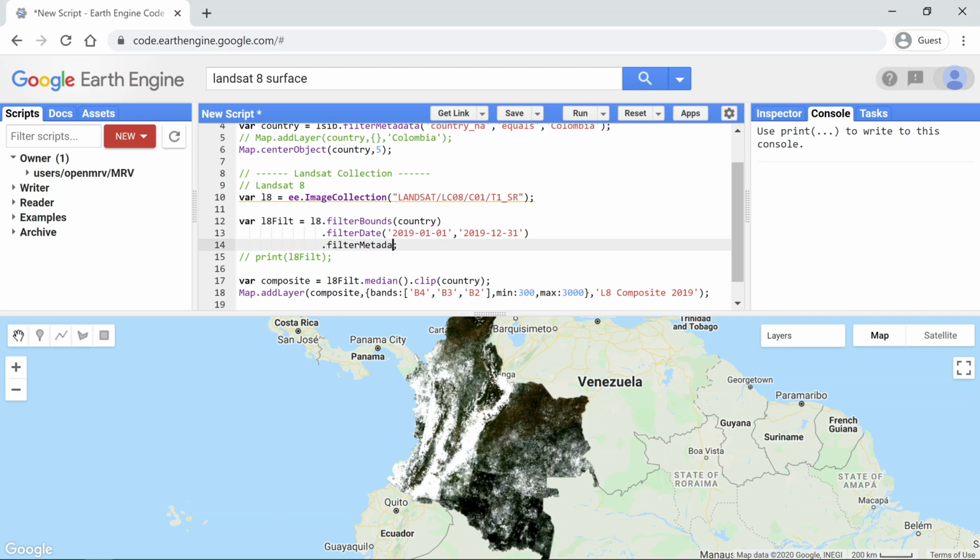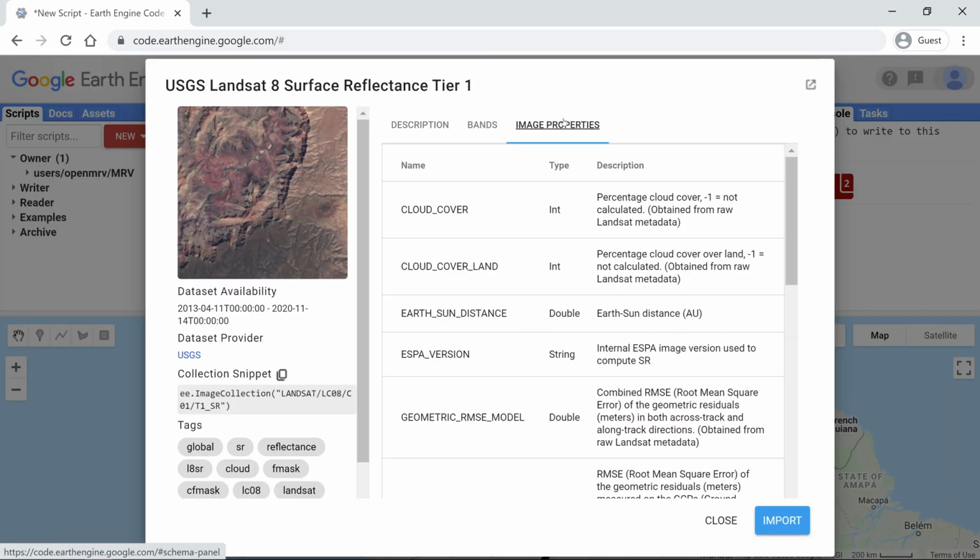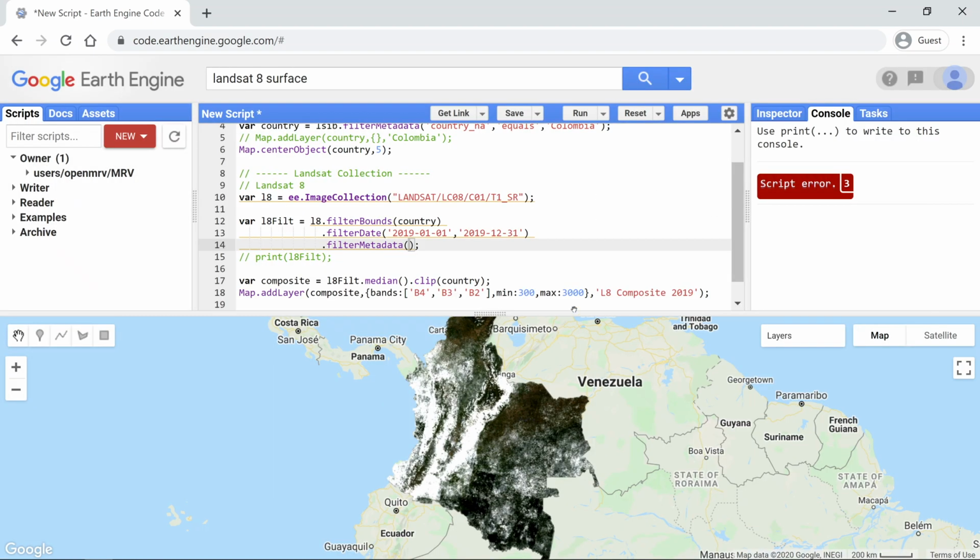We used this before when filtering our international boundary dataset. And this Landsat 8 surface reflectance product has a cloud cover metadata where we can filter by cloud cover percentage. So we're going to use that cloud cover, and I'm just going to have images that contain less than